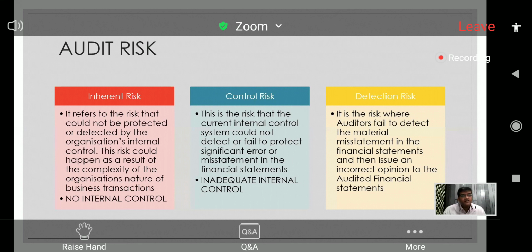Another inherent risk we can talk about is transactions related to related party transactions. These are again byproducts of inherent risk. Control risk is primarily those risks where, as I mentioned, the internal controls are inadequate. For example, no proper segregation of duties, non-verification of transactions, which we discussed initially, where vouchers are not signed, approvals are made without proper authorization. There is no proper mechanism of authorization.